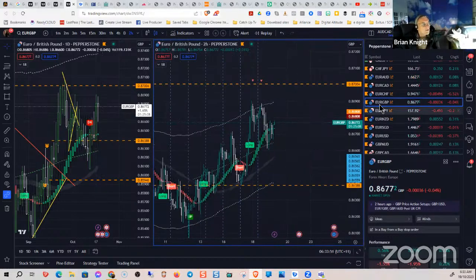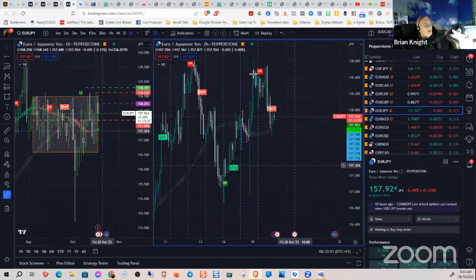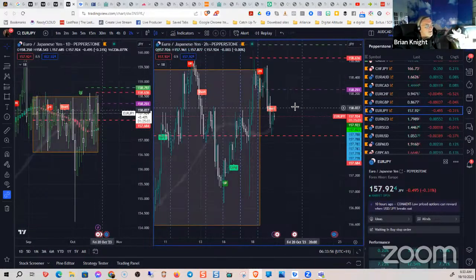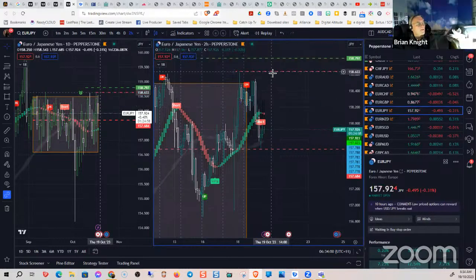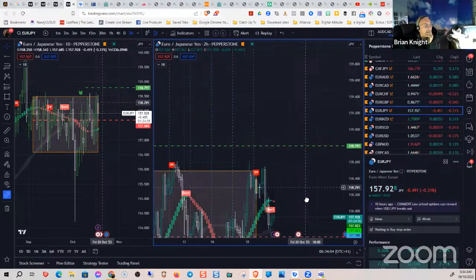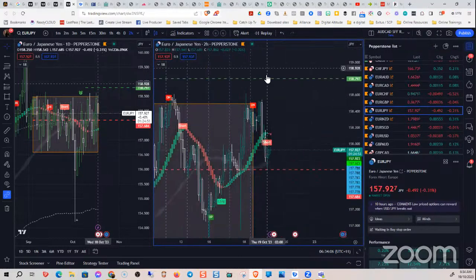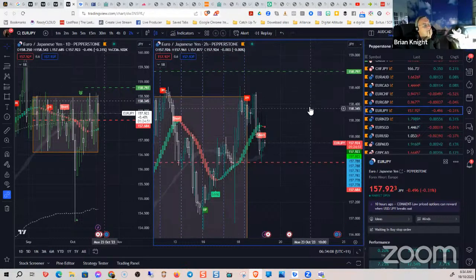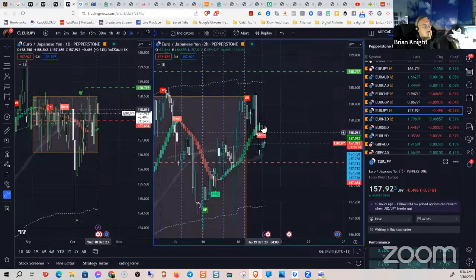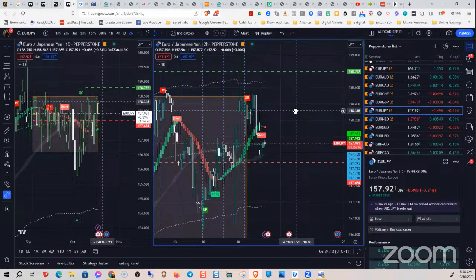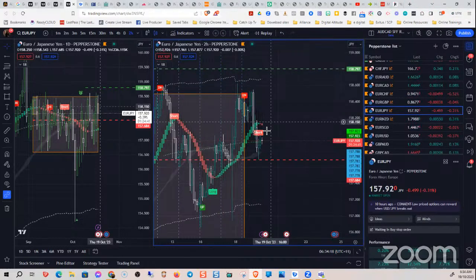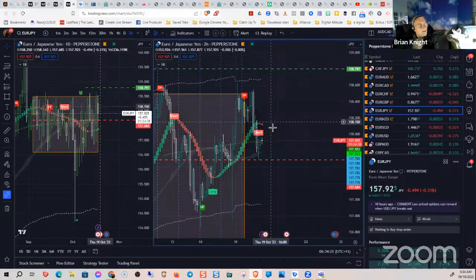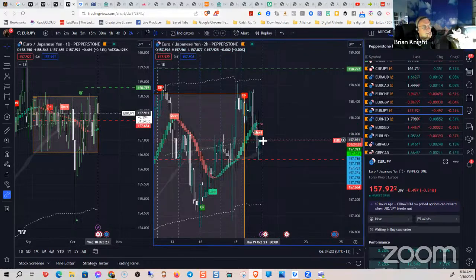Okay, Euro JPY. Again, did you get that, Tom? That drop? No, it didn't trigger. Okay. Well, there's no triangle. Yeah, okay. Got a down and a short. And we got a change here. Yeah, so I'm waiting for that pullback. See how far back up it's going to go. Yeah, and then have my entry at that green wick. Yeah, that, or if it pulls back up further, you'd have it down here somewhere.